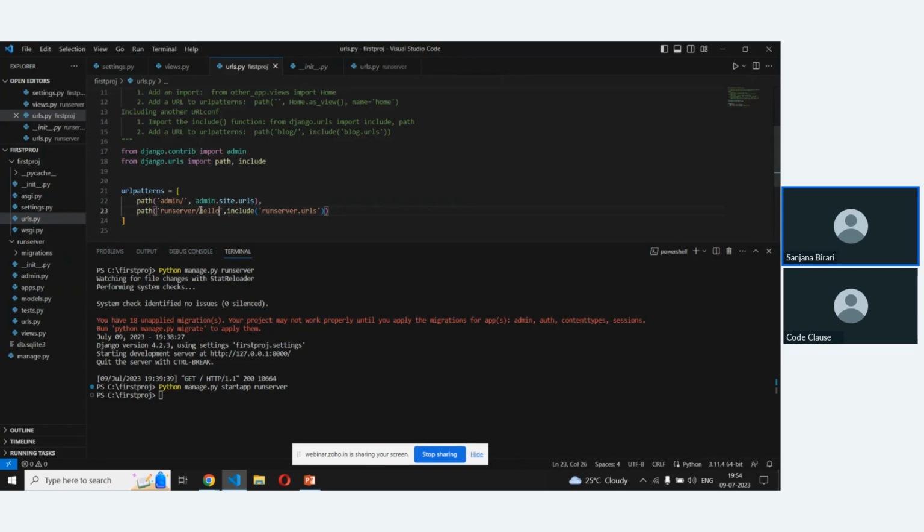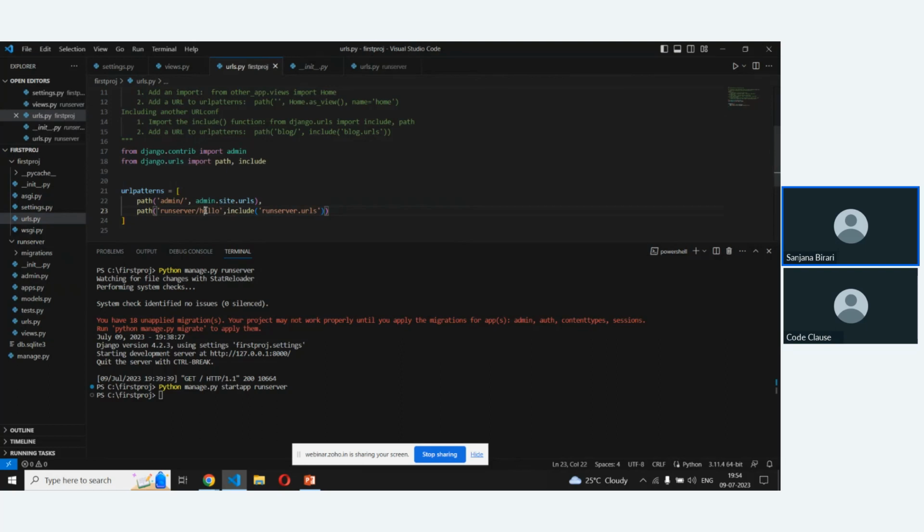So you don't have to put all the paths here in your main project file.